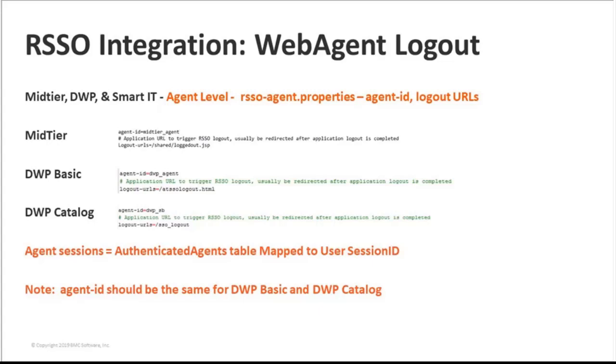In case of DWP and DWP catalog, we don't have a logout URL. It's a REST API call that's made. So we have an ATSSO logout.html page, and basically, when you log out from here, by default you get a plain Remedy SSO logout page. The one thing that we have noticed is that if Midtier, if service broker has been configured with My